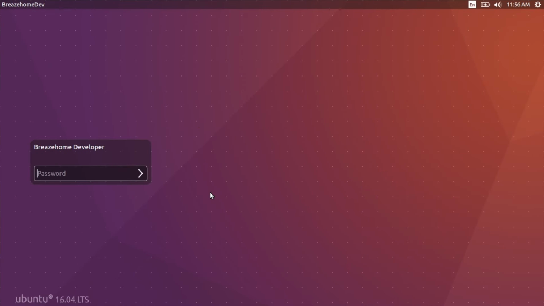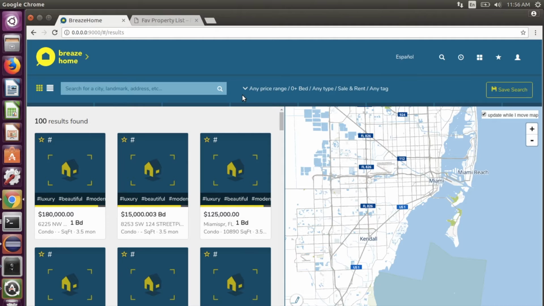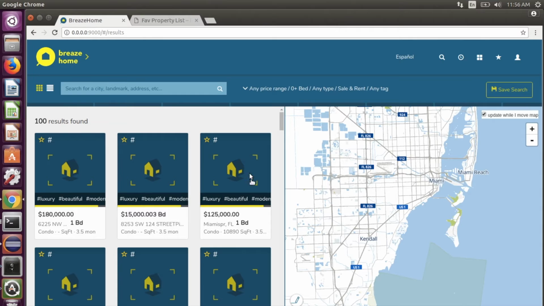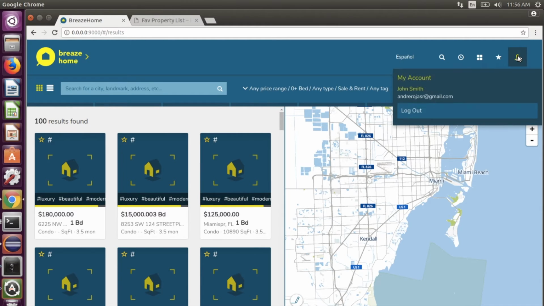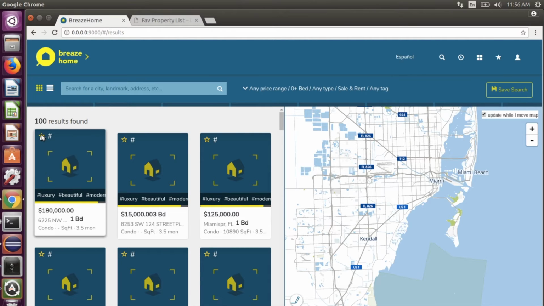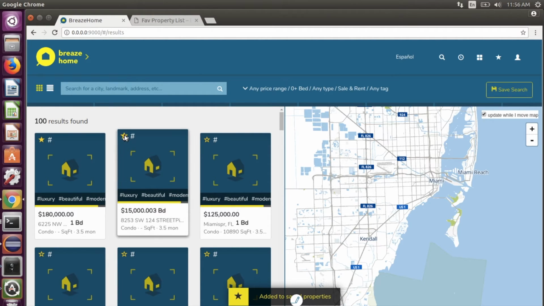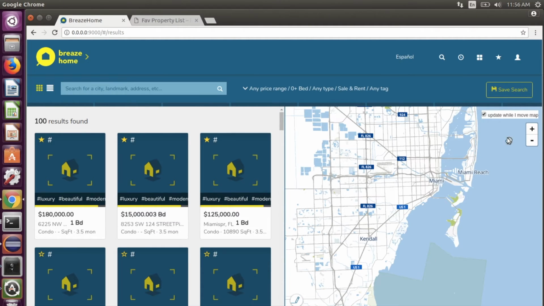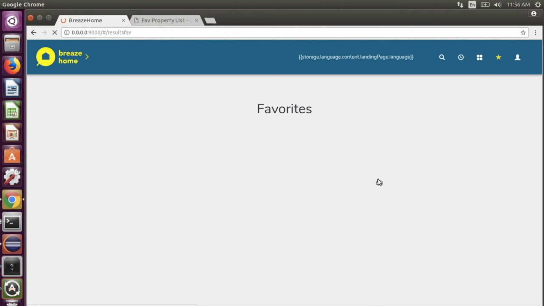So then now I'm going to do a small demo detailing this feature. So here is the BreazeHome website. The user is logged in, and I am logged in as andrerojas@gmail.com, and you can select however many properties you want. So I'm going to select these 3, and you get the added to saved properties token there. Then you click on this star icon on the header,